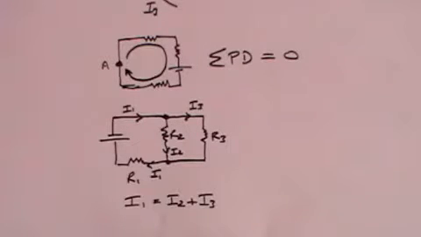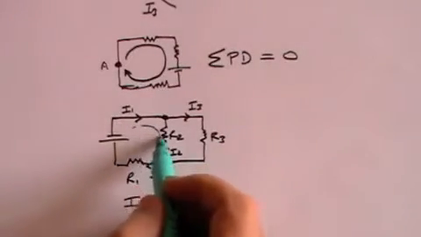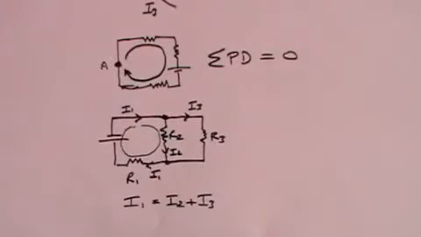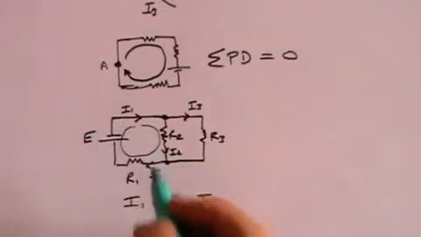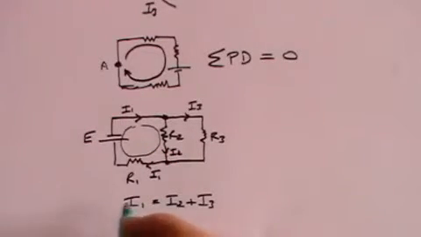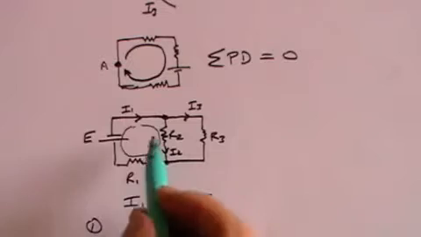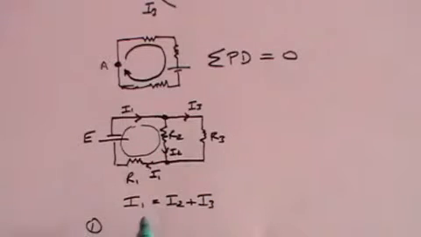You can also say that going round any part of that circuit, whichever way you want to go, as long as you start in one place and end up in the same place, then the potential difference is going to be equal to zero. So, for example, suppose we go round this bit of the circuit. Then you would say that the EMF of the battery, this is our first circuit, that's this one. You've got the EMF of the battery minus